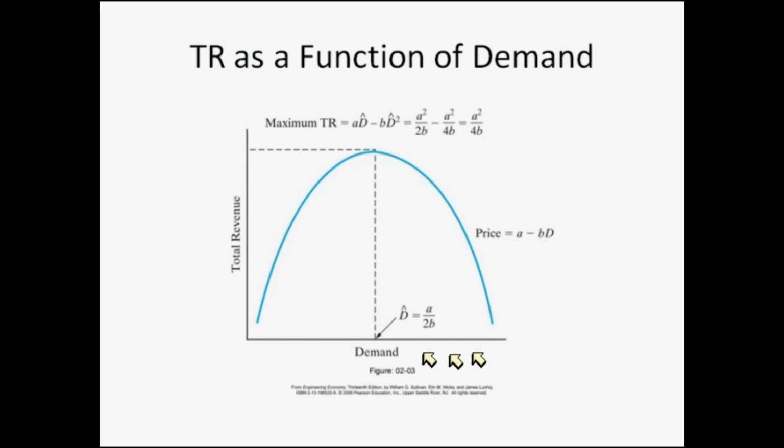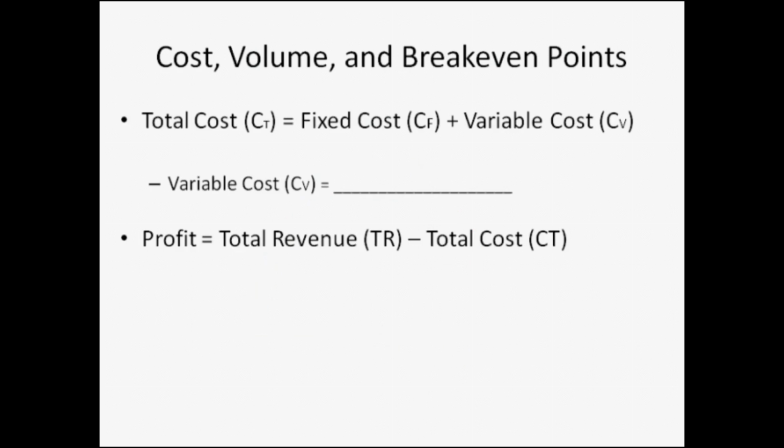Why gradually will you be making less money even if you're selling more? Remember that to sell more and more and more, you're having to lower the price. And so as you lower the price, demand will go up, but revenue will decrease. So this is the point where you have the maximum revenue. But maximum revenue is not the same thing as